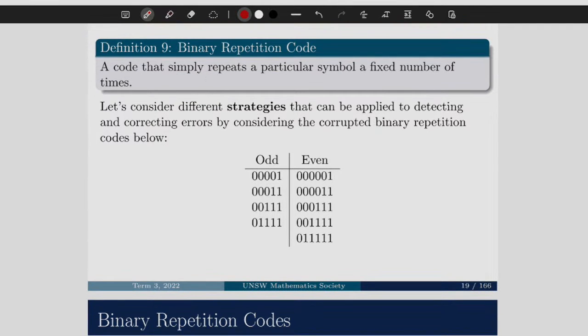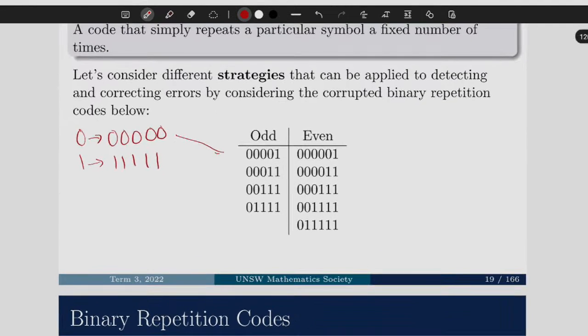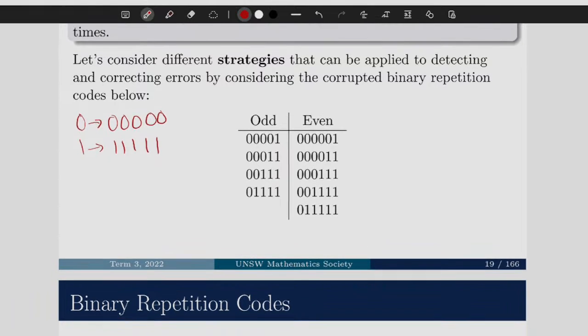Naturally, if I have the message 0, and I have it as a 5-bit binary repetition, then it becomes 5 zeros. Very easy. Same with the ones. And I can tell that if I get 00001, that's not actually one of these code words. However, we can detect that there's probably an error here, and we can try to correct it using a couple of different strategies. So let's talk about those strategies.